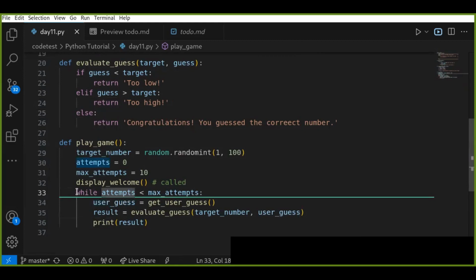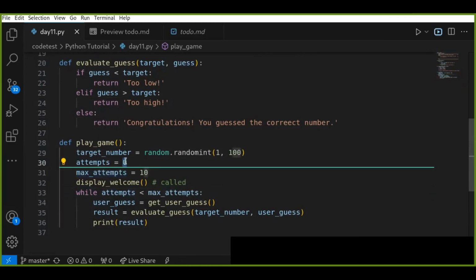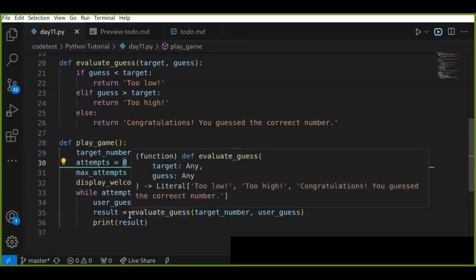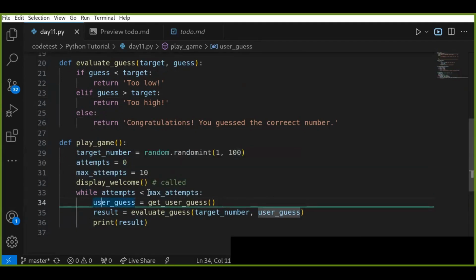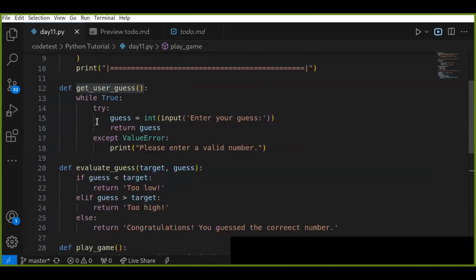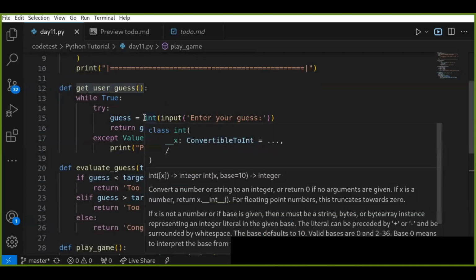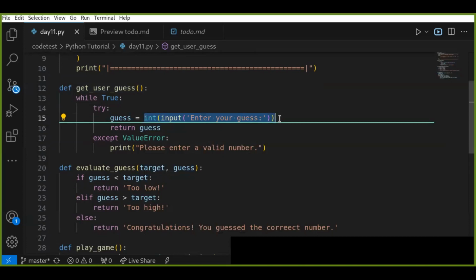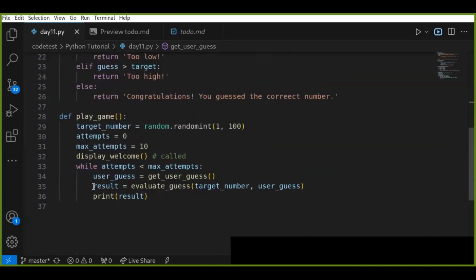Okay, then there is a while loop that evaluates the condition. If the attempt is less than maximum attempts, the initial attempt is 0, and maximum is this. And this attempt is going to increment by 1. If that attempt is less than maximum attempts, allow the user to input another guess, which calls the function get user guess. The get user guess function just allows the user to input another number, and then